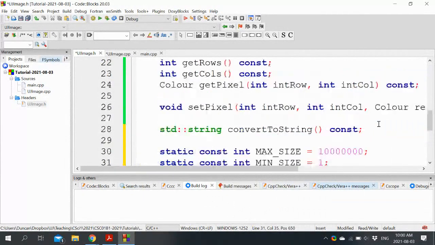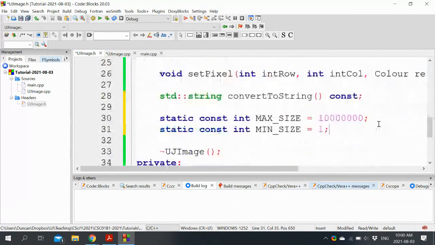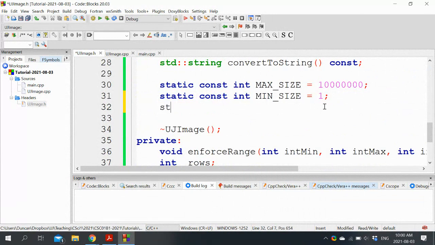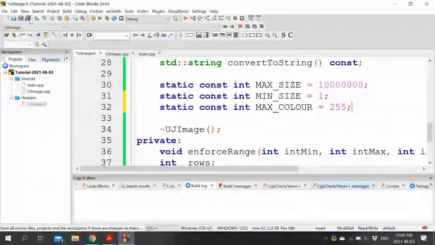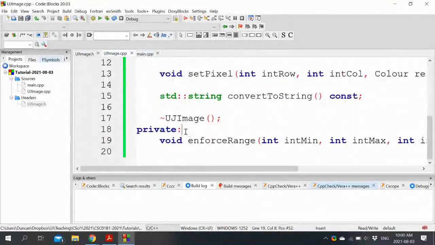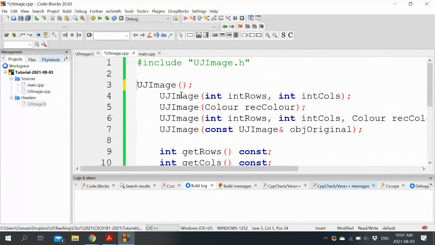And I think that's all right. I suppose we could also, if we wanted to encode it explicitly, we could say max color 255. All right, so there we have our class. We don't need to copy the static constants into the CPP file. They're already defined in the header file. And then we're going to start implementing our